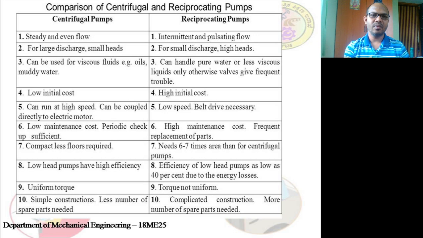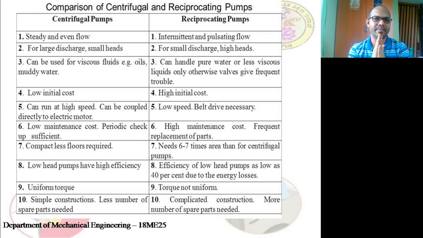Is it clear? Now here in the centrifugal pumps, low maintenance cost is incurred, whereas the periodic check-up is sufficient. Whereas the high maintenance is required because the frequent replacement of parts is also necessary. It is only because this is supported by one more point, since there will be a physical contact between two